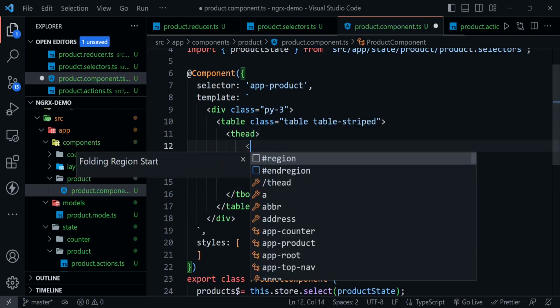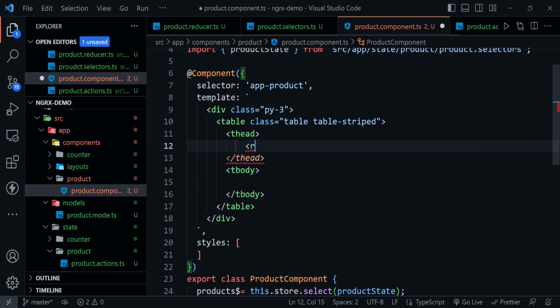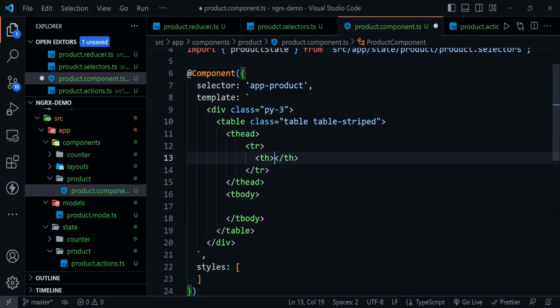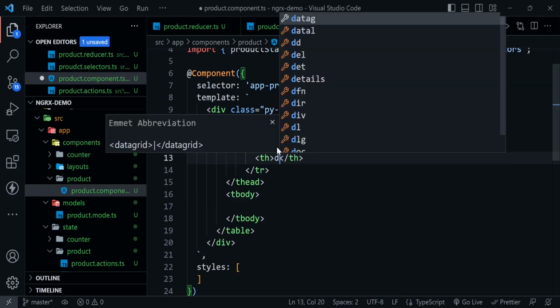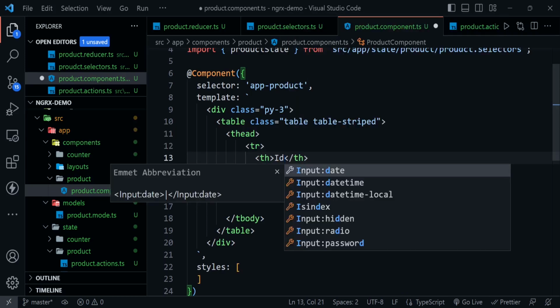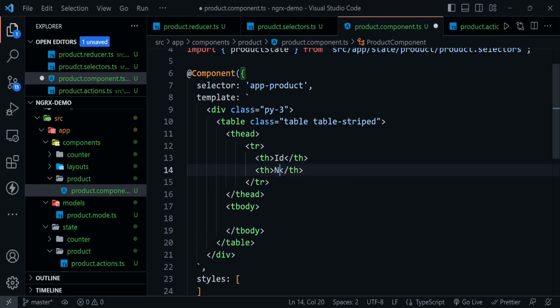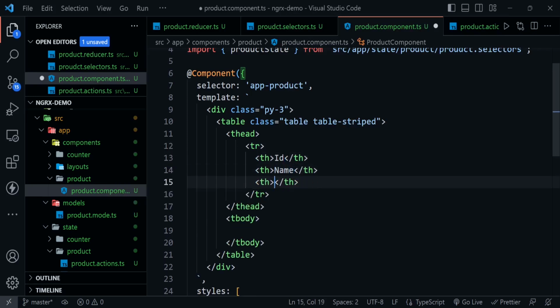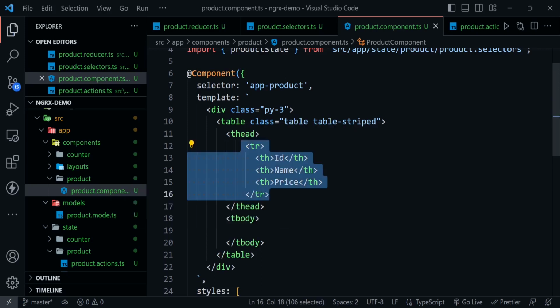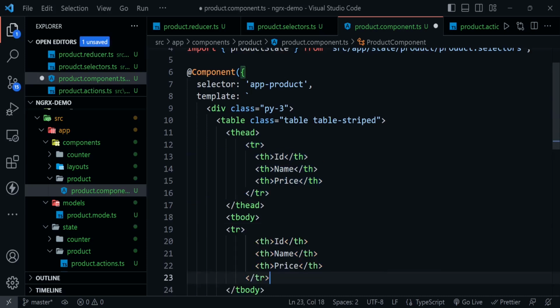Let's define here tr th id name price. Okay, let's paste it here,